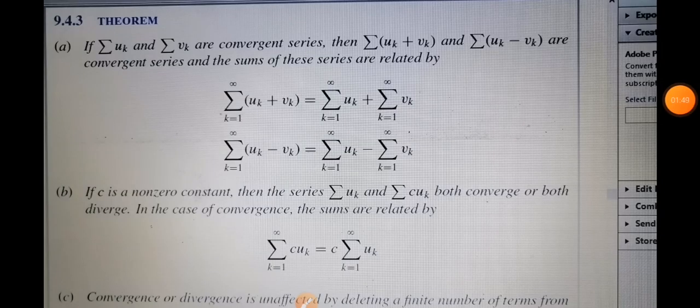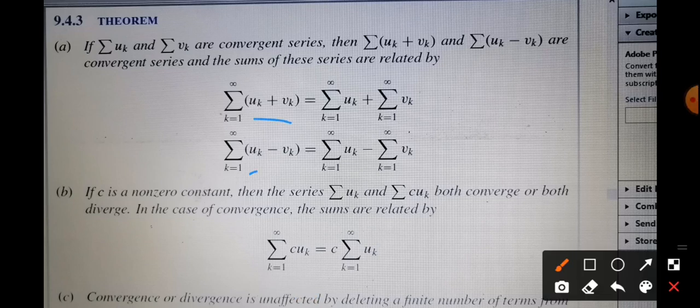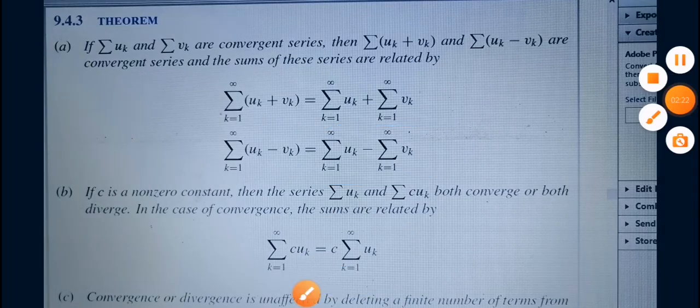Here are some properties of series, as we have discussed in the case of limits, that whenever we have the sum or difference of two series, or the general terms of the two series, we can separate out the summation sign, as in this case. The same holds for other properties, like we have discussed in case of integration and differentiation as well, that whenever we have a scalar multiplication, we can take the scalar out of the operation, as we take the scalar out of differentiation and integration. Similarly, we can take the scalar multiple out of the summation sign.